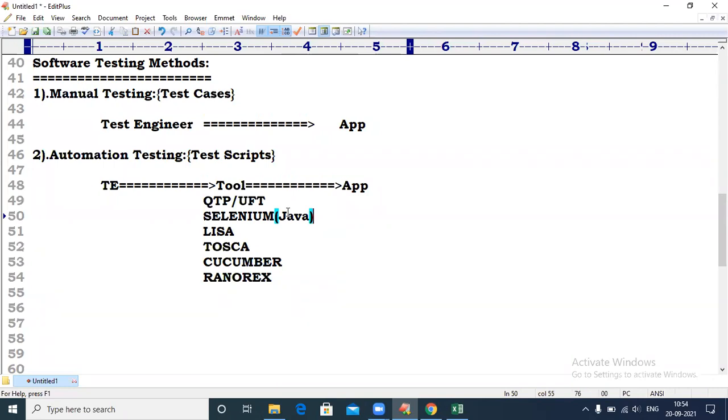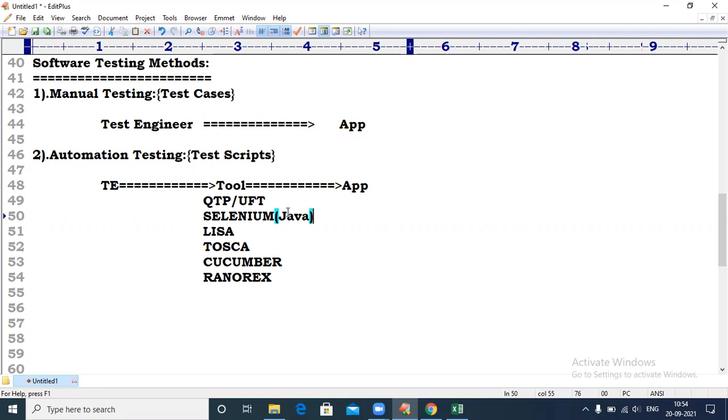Again, don't think, we came for testing, and again you are telling about Java. Whenever you say Java or Python, students start shivering. Java again came like that. Don't bother about that. As a tester, complete Java is not required. Minimum basic Java only, core Java basics. Whatever core Java basics are required for you, those Java concepts I will cover for you.